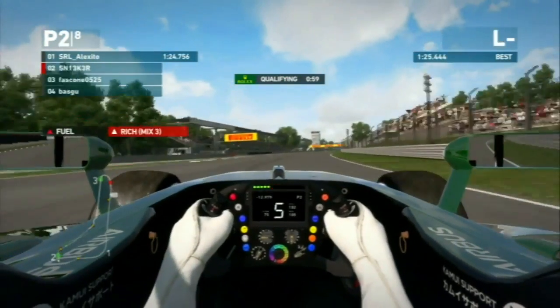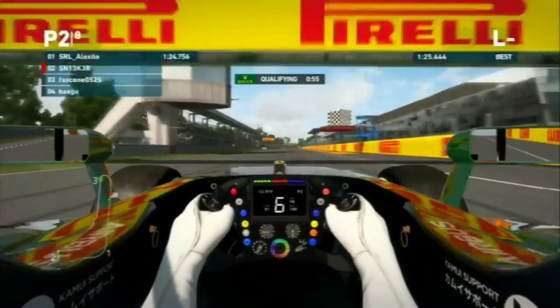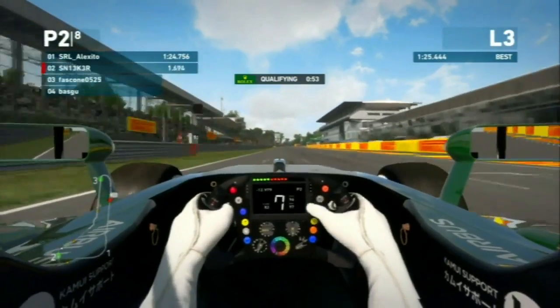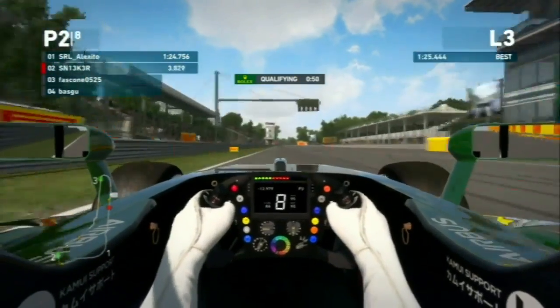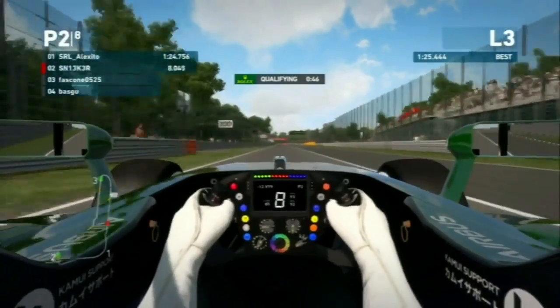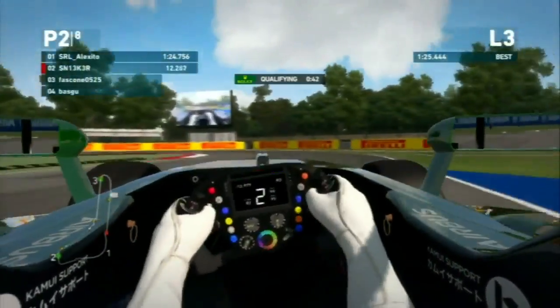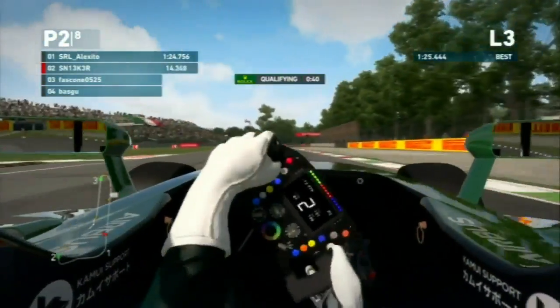Oh no, we overshoot Ascari. It was on our out lap and I overshot the corner, and this has already ruined my qualifying lap before it even started. That was so stupid. I can't believe I did that. I actually forgot about it while commentating. I can't believe I did that. I completely ruined my lap already without even having